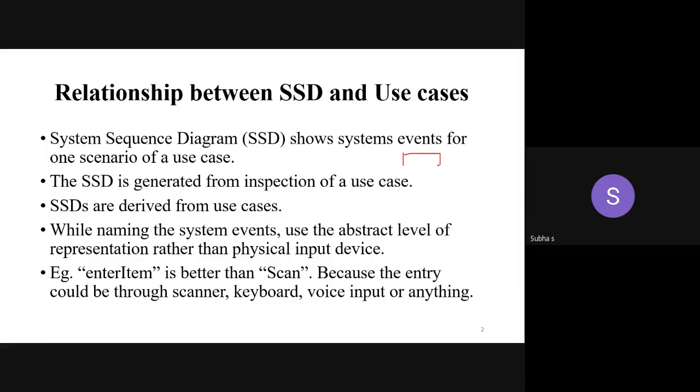Hope you remember. So you have one object, then here another object, and you are going to pass one message from this object, object A, to this one, object B. You have to underline the object. Then only you can differentiate the class name and the object name. You studied this in software engineering.